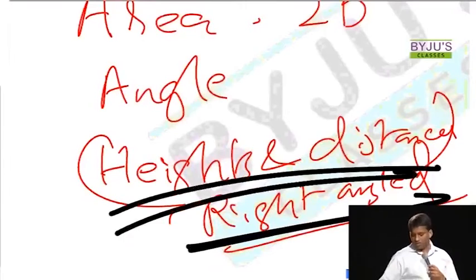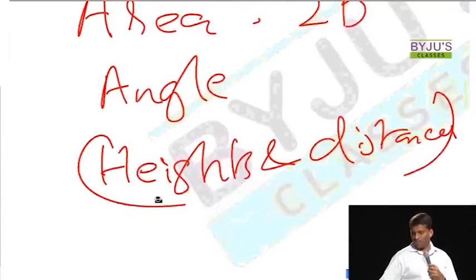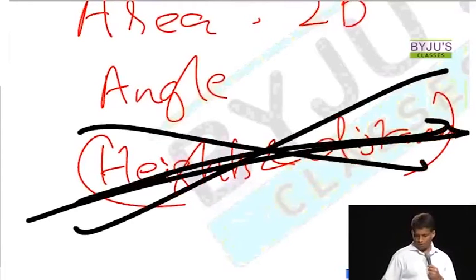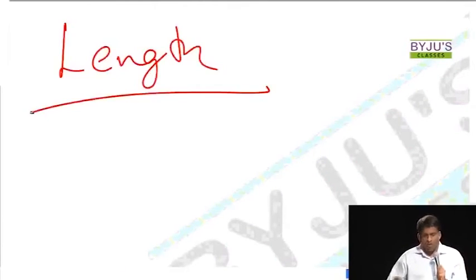These are not chapters the way it's given in most of the books. This is a chapter, right? Heights and distances. You need 5 minutes to complete the chapter. So length-based questions, let's look at what are the ways you can expect length-based questions, right? Maximum number of questions will be given by using this logic.